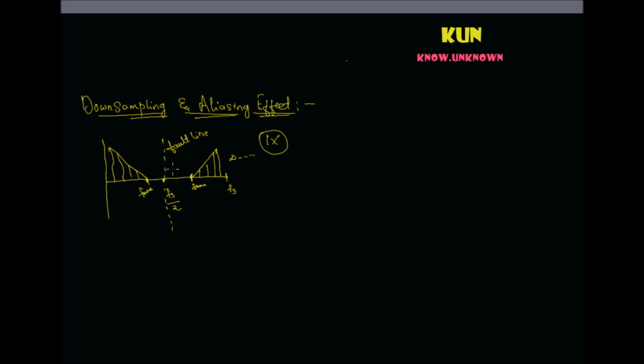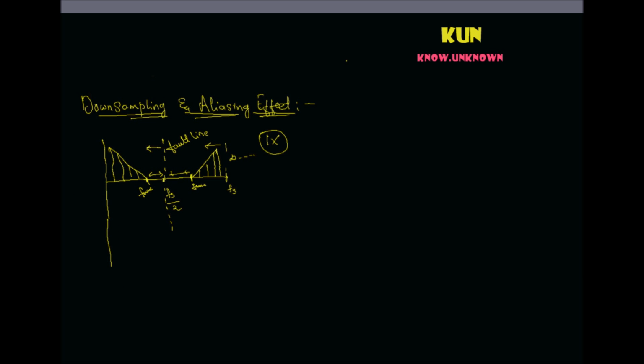In this example, we have taken the spectrum which is already sampled at a certain rate, and we call it 1x. This is the fault line. We had seen that if you downsample, all the points are getting absorbed around the fault line, or in other words, we are moving the scale of the fault line fs by 2 and the other scale of fs and all the corresponding scales in this direction. During this process, all the points that are falling here simply get absorbed around the fault line. But in this particular example, we do not have any points around the fault line. So as long as I downsample,